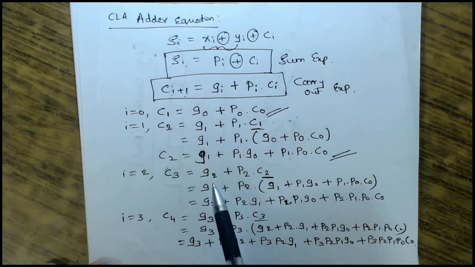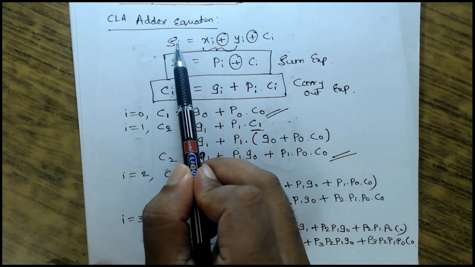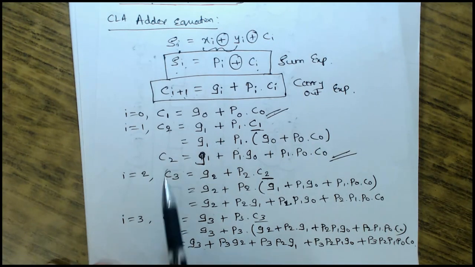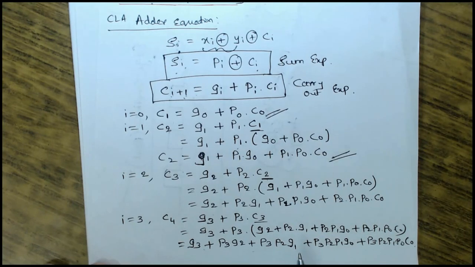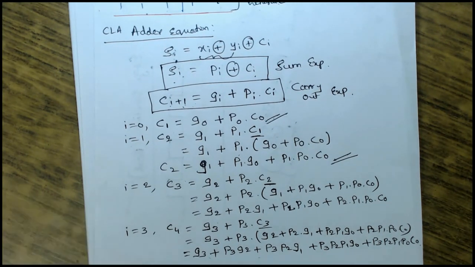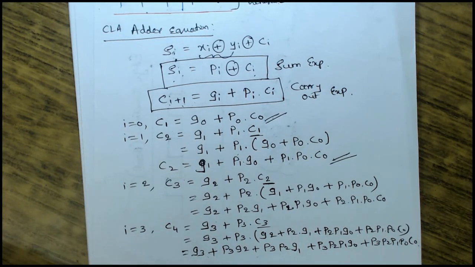So we could generate the expressions for C1, C2, C3, C4. All these are carry outputs of the 4-bit carry lookahead adder expression. With this, we'll look into the code, how it is written. In the code also, we will take the code in the PPTs and analyze it in detail. These are the same expressions which have been taken in the PPT as well.